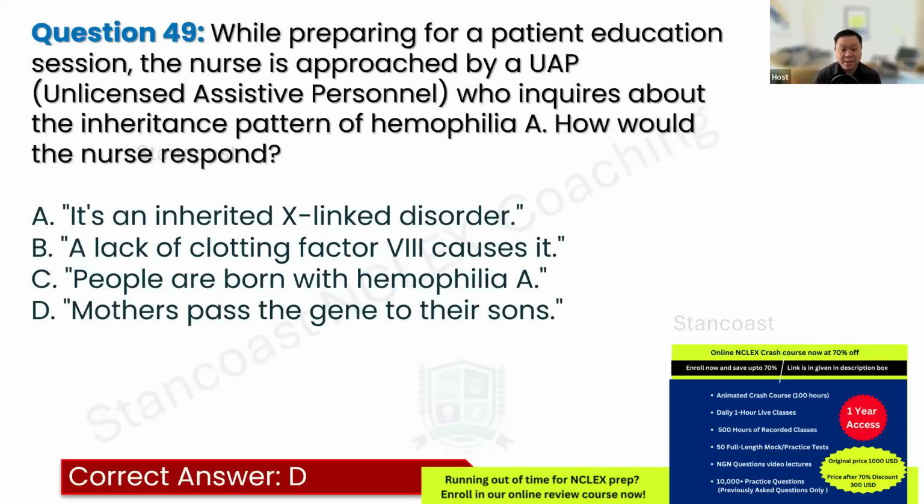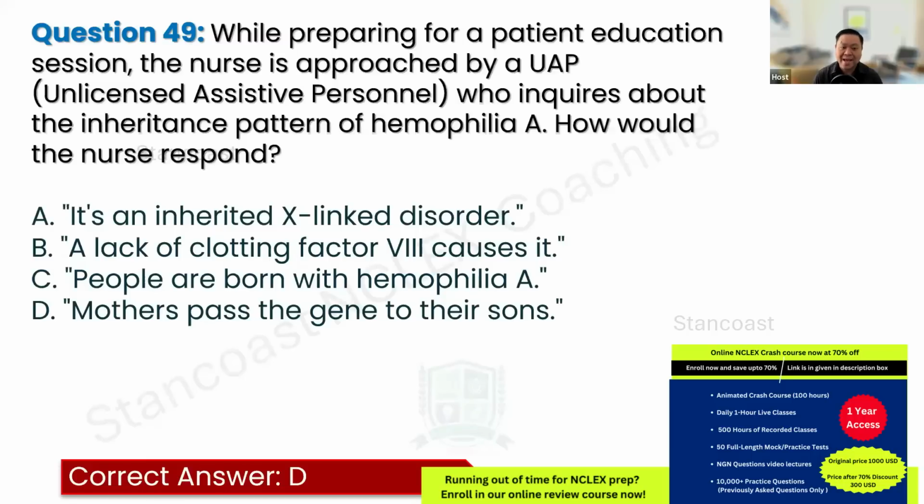making this a clear explanation for the UAP. Now, if you selected letter A, though it is an accurate X-linked recessive disorder, it may be too technical for explaining inheritance to the UAP. If you select letter B, this describes the disease's mechanism but doesn't address its inheritance. And letter C is incorrect. Being born with it is true, but it doesn't explain how it's inherited. So your test-taking strategy here is to seek the most straightforward explanation suitable for the person asking the question. So in this case, the UAP, you need to provide them